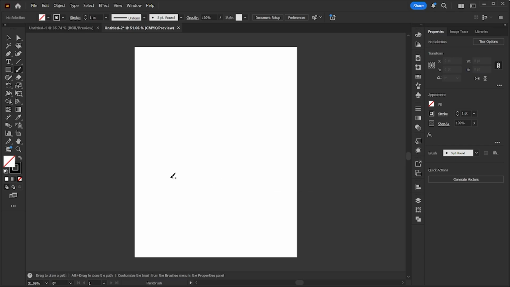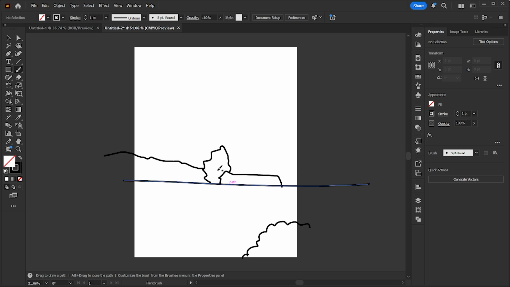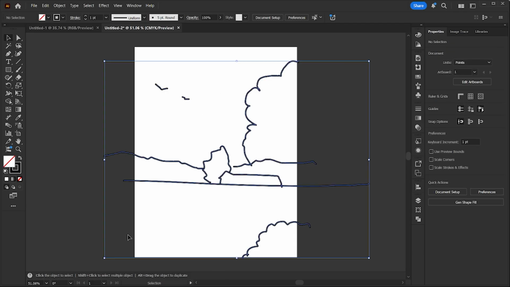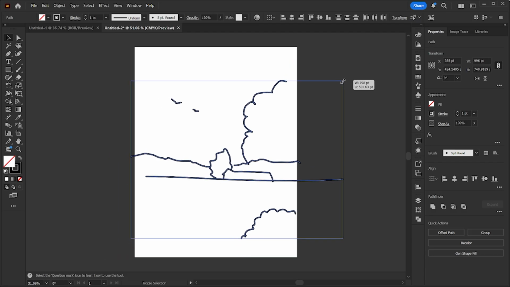Okay, now I'm going to do a rough concept. So let's do it here, and there will be a bush a little bit, and in the middle there will be a house and a tree that will give a shade, and some mountains and the clouds, some birds. Let's select all of them and make it a little bit down,